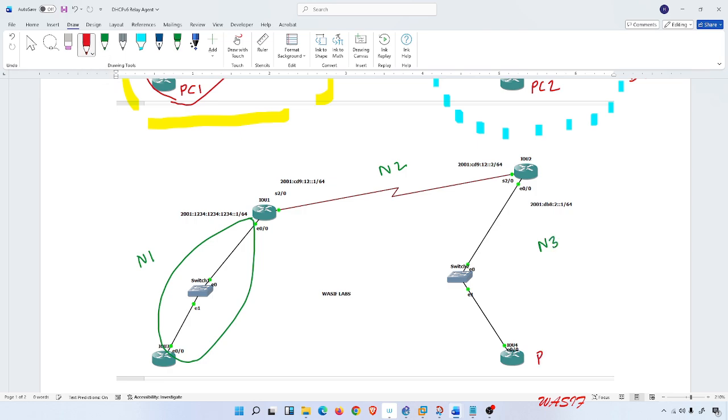So PC2, in order to get the IP address from this router, which is R1, actually he will have to get out of his network. You cannot get out to another network until and unless